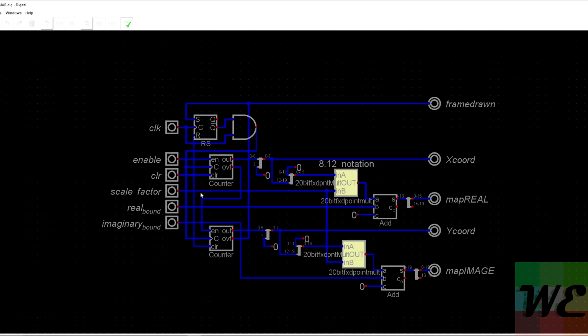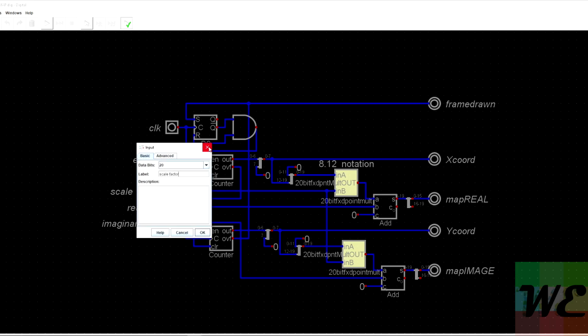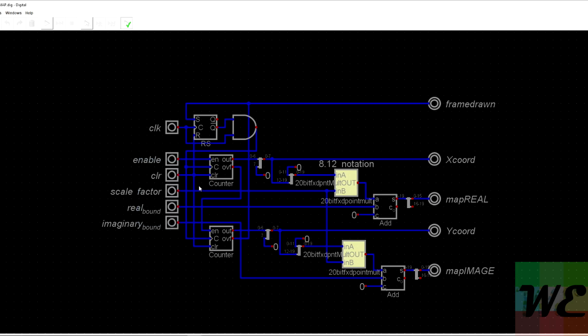So now what we can do is take the value that we're counting out of our counter that says we're on this pixel value and multiply it by some scaling factor to get the real value out, and we do the same thing with the y value to get the imaginary value out. So what you normally do is you set the real bound and the imaginary bound to being negative. If you have a square screen, it's the same amount of pixels in the x as in the y. You'll set the real and the imaginary bounds to being the same, so you have a fixed aspect ratio of what you're viewing. You know, it's not stretched in a weird way.